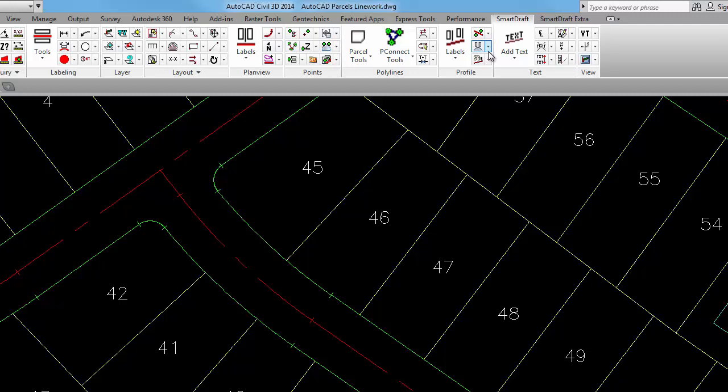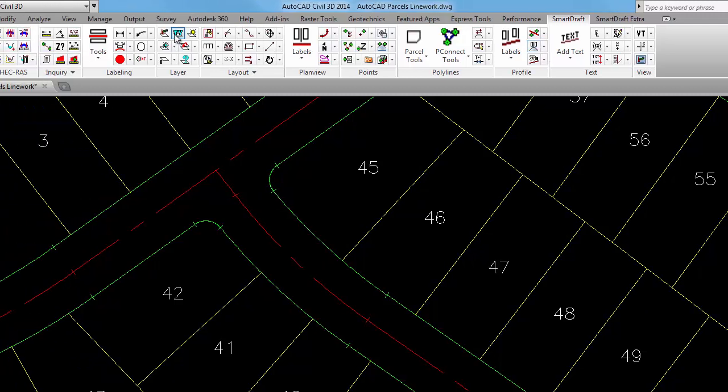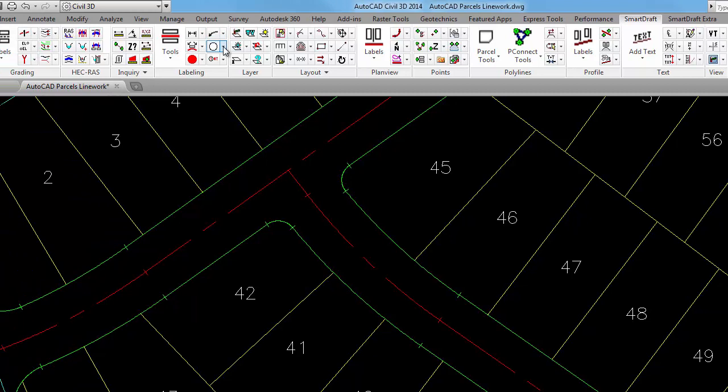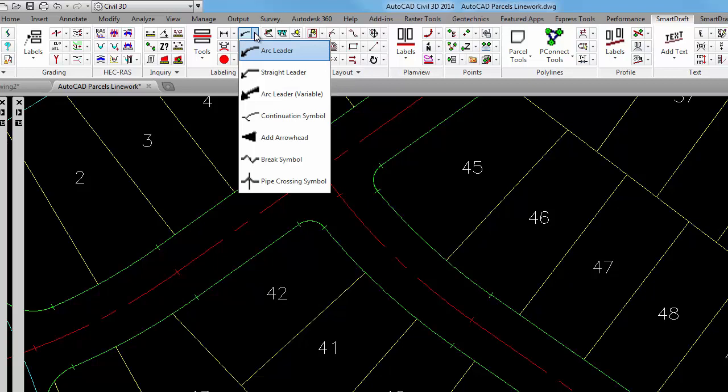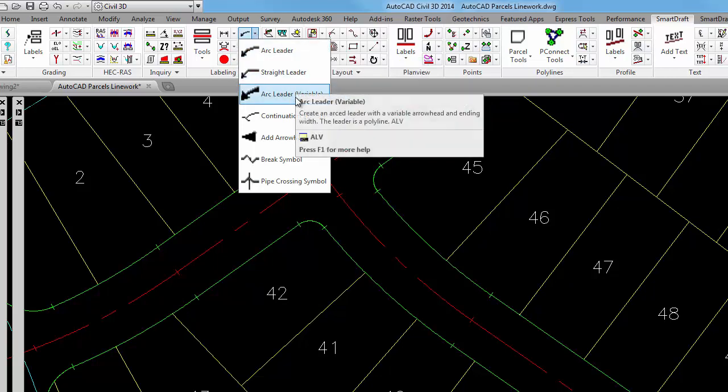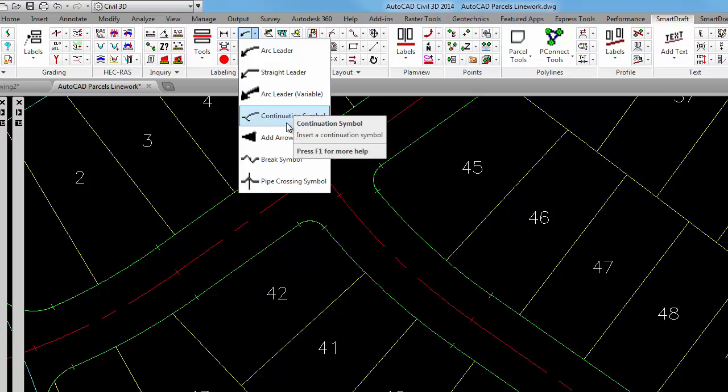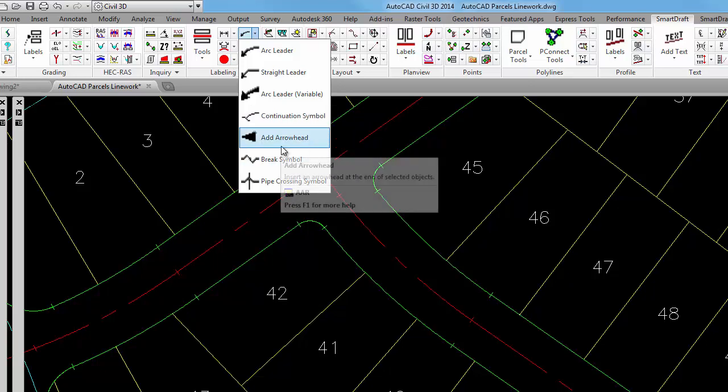This is a demonstration of the SmartDraft leader and symbol commands on the labeling panel of the SmartDraft ribbon. First, we will go over the leader command. There is arc leader, straight leader, a flared leader, a continuation symbol or an integral symbol that you add to an arc, adding an arrow to any object,